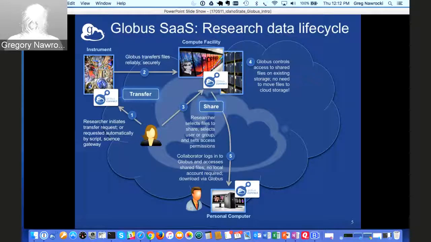Now, there's a third aspect to Globus that we've recently developed, which is Globus Publish.